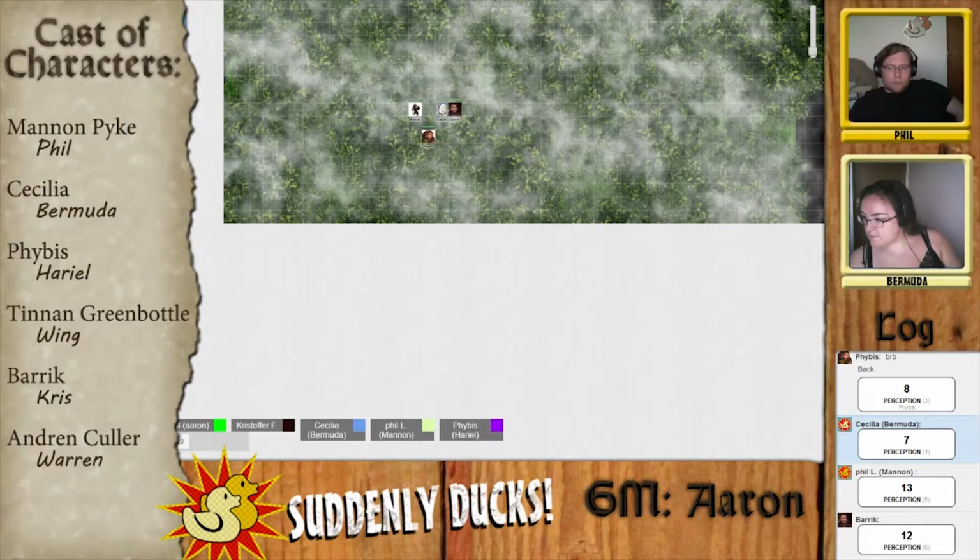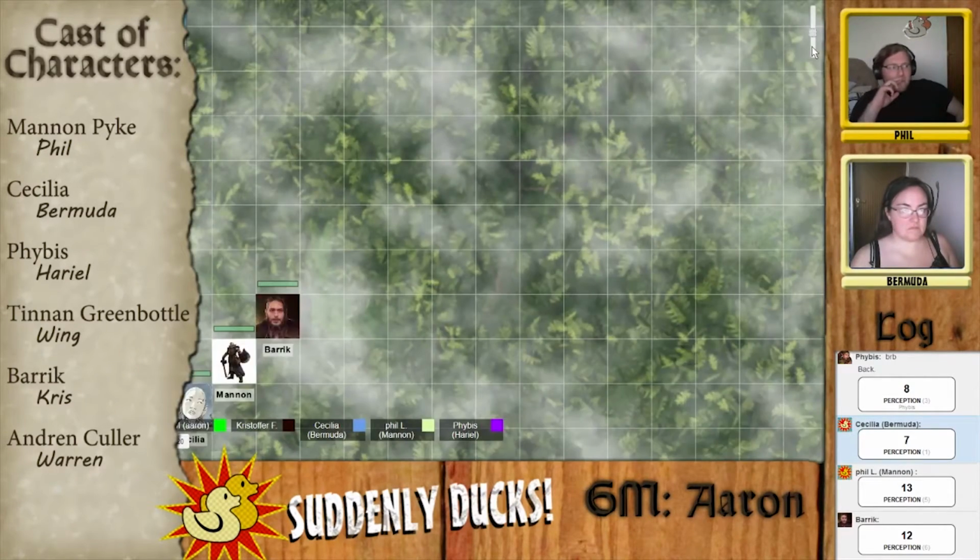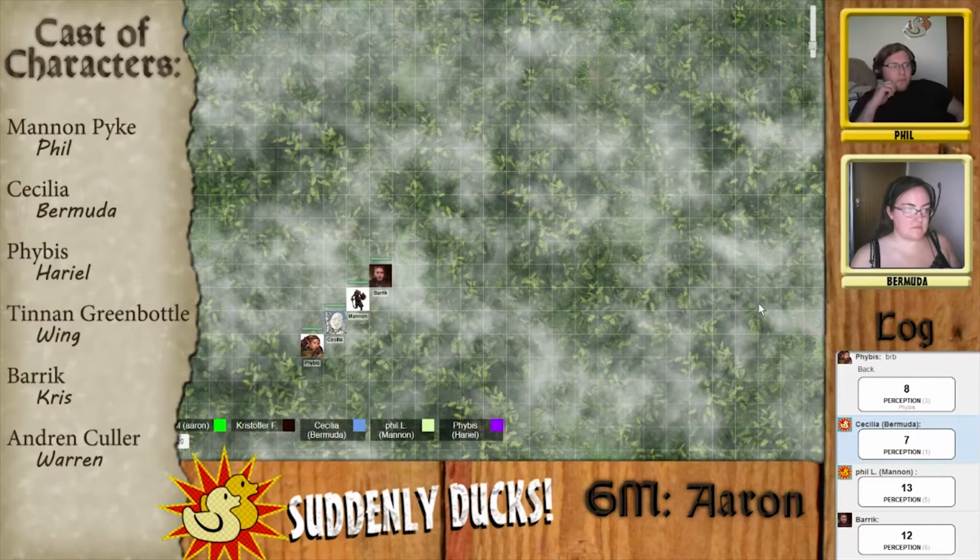So you guys are sort of moving from the bottom left of the map to the top right of the map. You can arrange yourselves however you'd like. And all of you have a really uneasy feeling, but none of you have noticed or seen anything in particular that you would consider a threat. And so you get to about where you are right there, and Barrick,